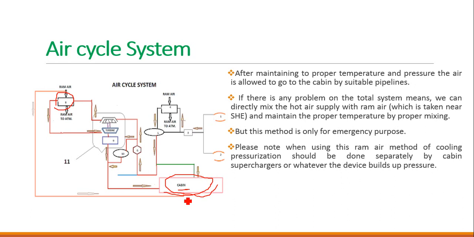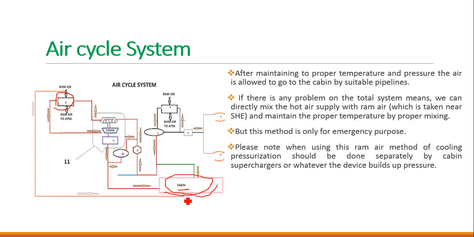So in the refrigeration unit, I have a compressor, because the work of the compressor is to increase the pressure and temperature of the air. So after coming out of the compressor, automatically the temperature and pressure of the air get increased. So we use some bypass valves, and we pass the ram air to the outlet of the compressor. There also we need a heat exchanger, because after the refrigeration unit the air should be cooled down. So we need to cool the air from the compressor.